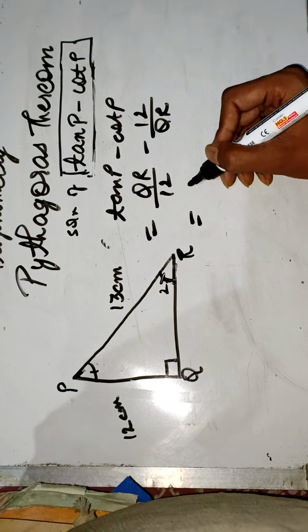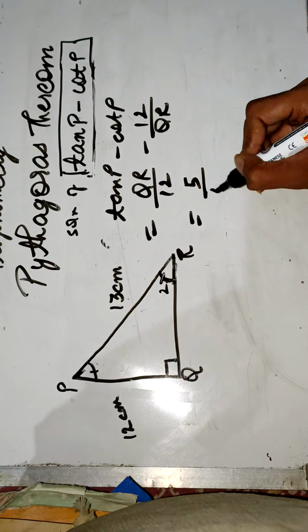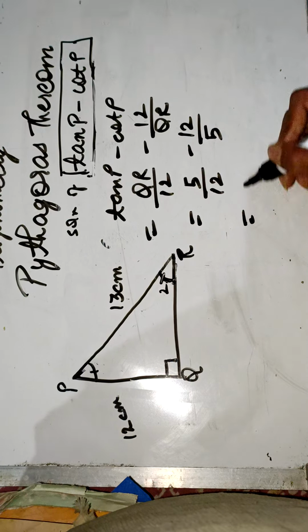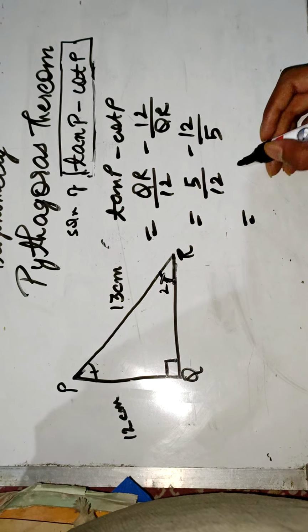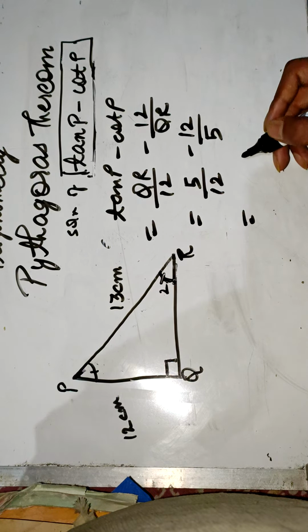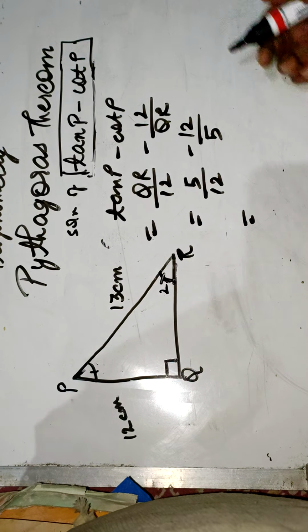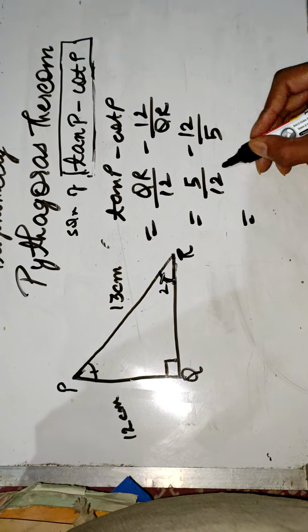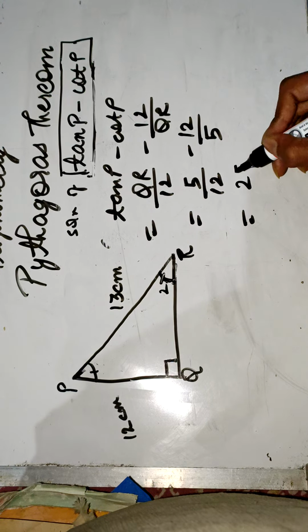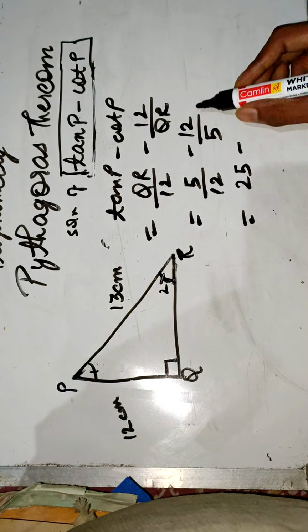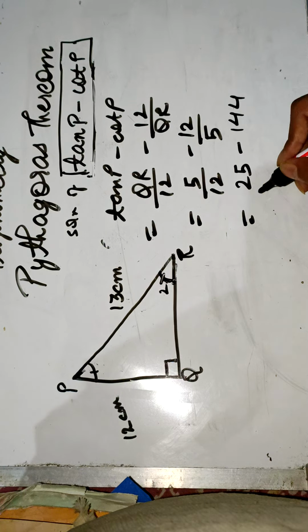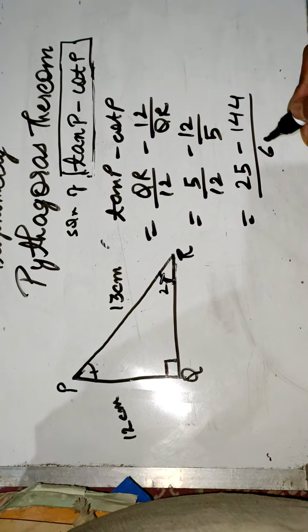So in this case, with QR as 5, it becomes 5 by 12 minus 12 by 5. Now we can take the LCM of 12 and 5, which I think is 60, and apply it here. 25 minus 12 into 12, that is 144, upon 60,